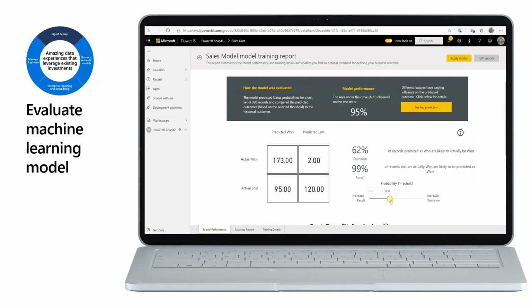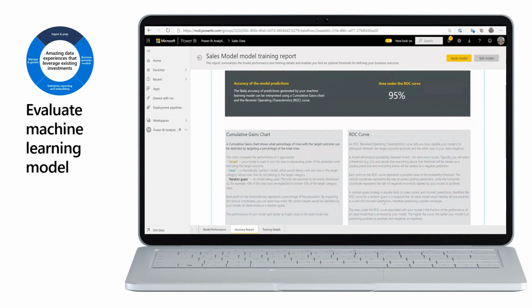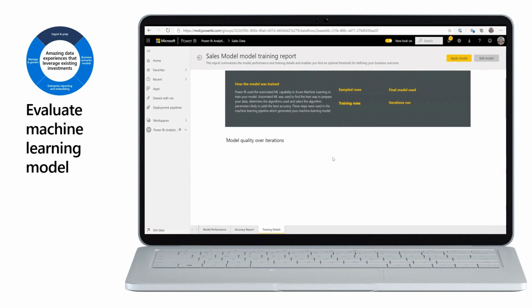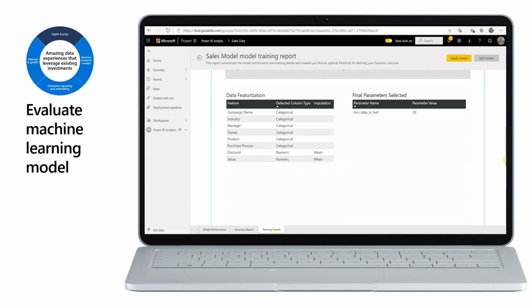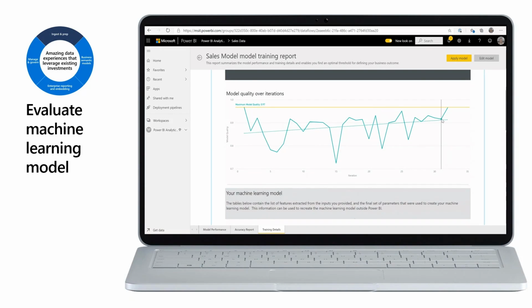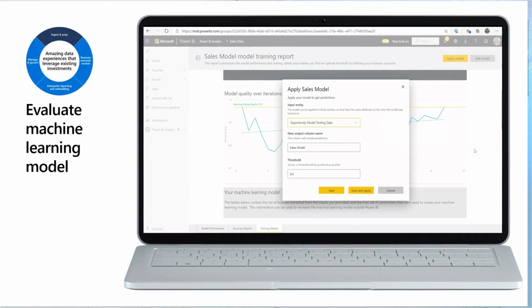You can probably even go change your probability thresholds. If you don't want to tweak with all of this, don't tweak it, leave it up to us, because this is based on technology from across Microsoft, across MSR, and our AI technology. You can also go look into your training details. You might be interested in how many rows were sampled, or how many rows were used for training, or what was the model performance over various iterations, what were the features. Again, it's all right there. You can read all of this if you want to, or you can trust us to help you build this. That's how easy it was.